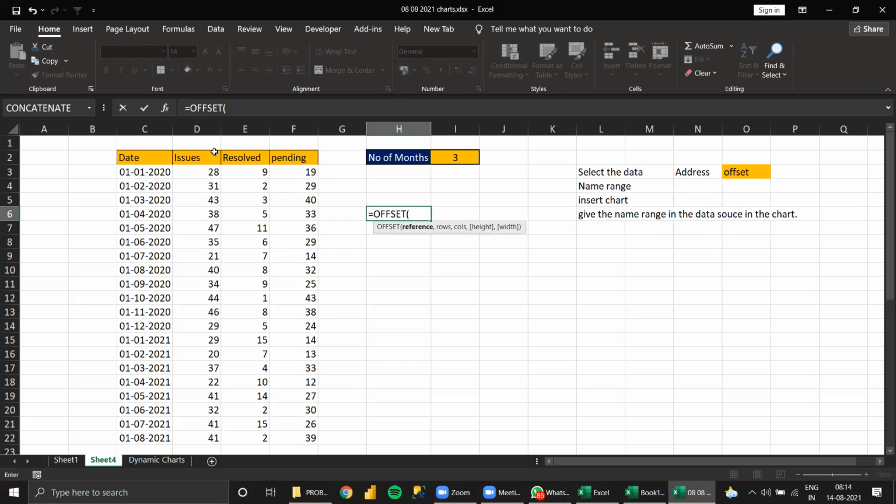Offset. See, my starting point is this. I will not change. Please remember always this formula you can keep in the name range. So always all the references will be fixed. No compromise. All row column to be fixed. Now row movement. So row movement, what I need to do?